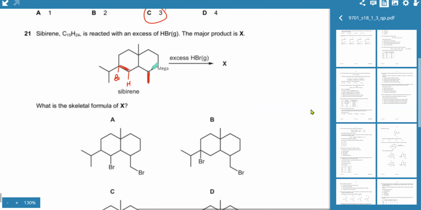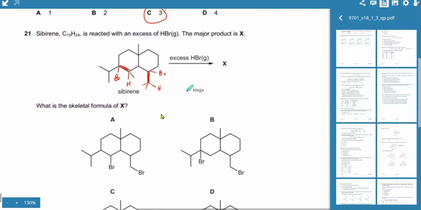Same over here, the double bond would go away. The H will get added to the carbon which already had two hydrogens, and the other one will be attached to Br. But it could be the other way around as well. He's only talking about the major product, so we have to follow Markovnikov's rule, which was that the H atom always bonds to the carbon in the double bond that's already bonded to more hydrogens. This one was bonded to two hydrogens, and this one was bonded to one hydrogen. If I bring in the hydrogen, there would be one hydrogen.